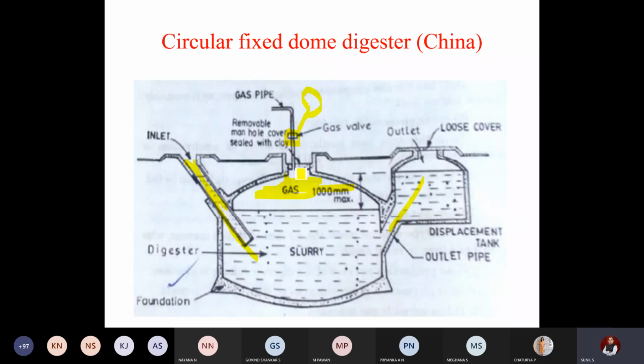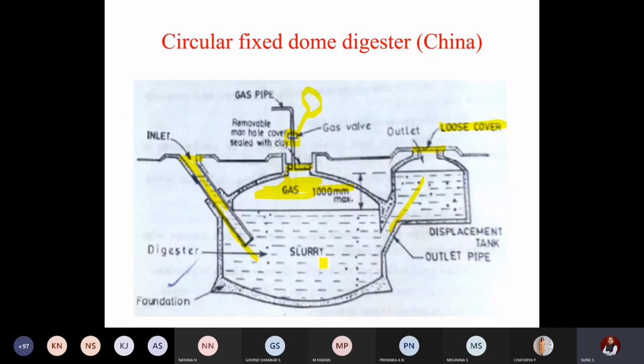So these parts will be filled by a clay-based material, plate-like structures. They are sometimes called loose covers. Like you can see the manholes that are closed on the roads, in a similar way they will be completely closed airtight. Once the slurry, water, and some additives are fed, it will be completely sealed.